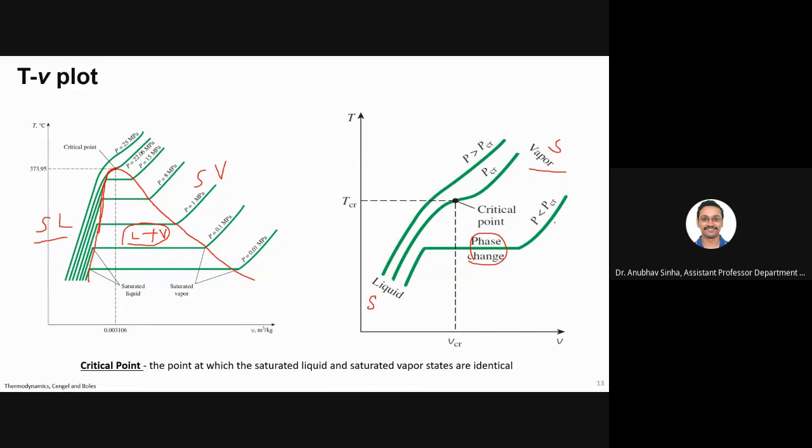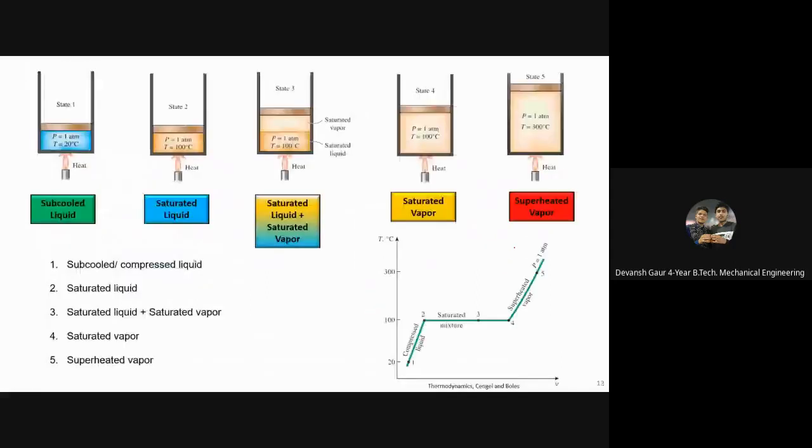So if your P is less than the critical pressure, your curve will look like this. The curve will start and then it will go flat. Why will it go flat? Can you explain? Why does the temperature become constant? Because the heat is going to change the phase, and not increasing the temperature. Yes, that is what we have here: during the phase change, your temperature is constant at 100 degrees Celsius.